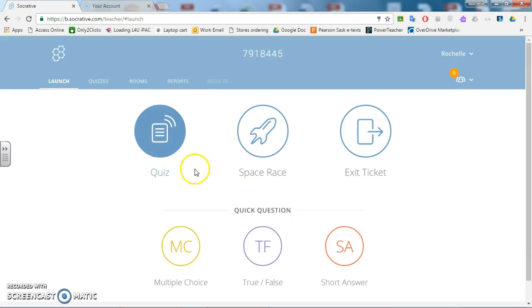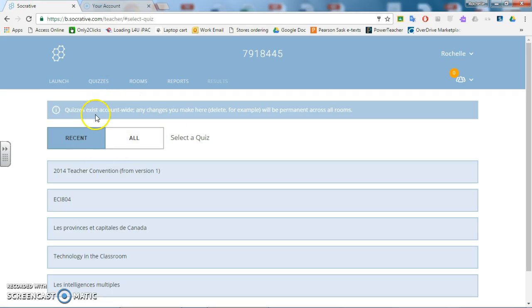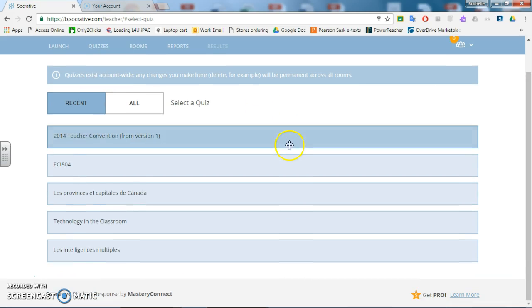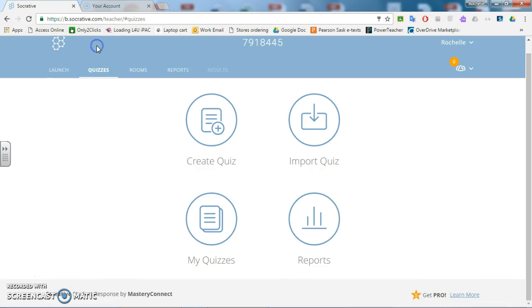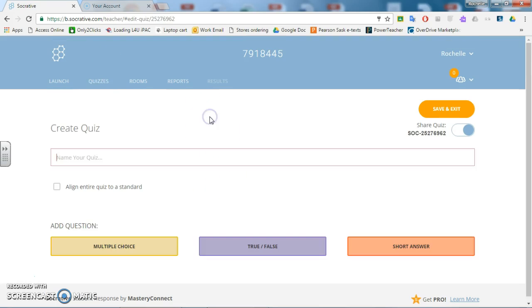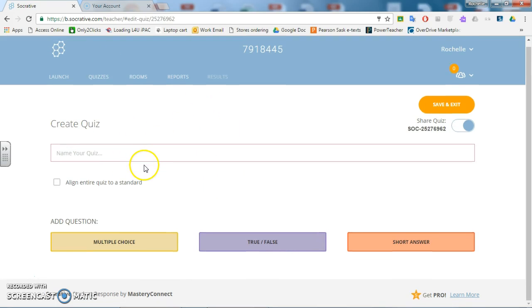One thing I do really enjoy about this app is just the ease of actually creating quizzes. So when you go into quiz and you want to create, oops, I think I went to the wrong one. There we go. We can go into create a quiz. You name your quiz. You can choose between multiple choice, true or false, or short answer, which is really great to have. You can include pictures. You can pull pictures off of the internet or off of your laptop even,